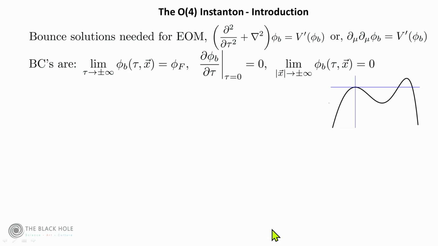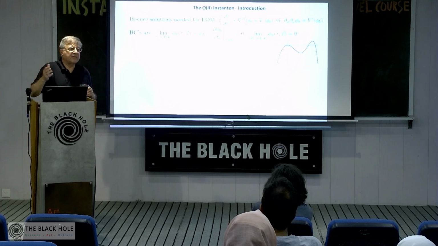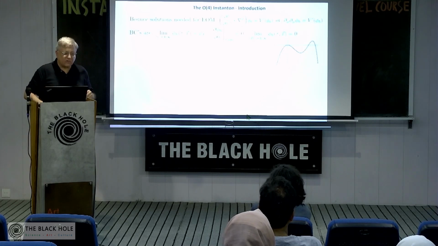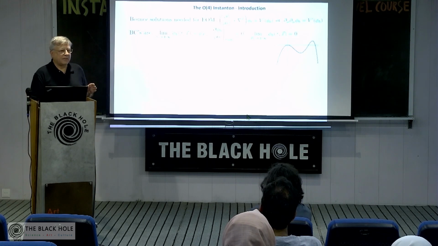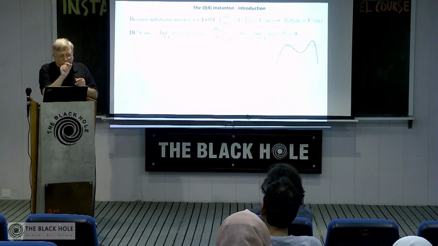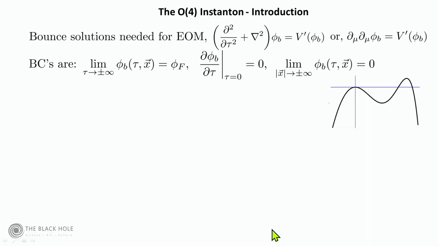Professor? Yeah. So the implication of this discussion is we're saying the true vacuum is heavily localized. No, the true vacuum is over all space. The false vacuum is over all space, but the instanton is very localized. So the instanton field, it goes from false to true over a very small distance.